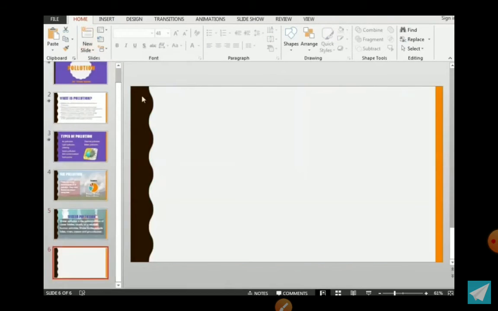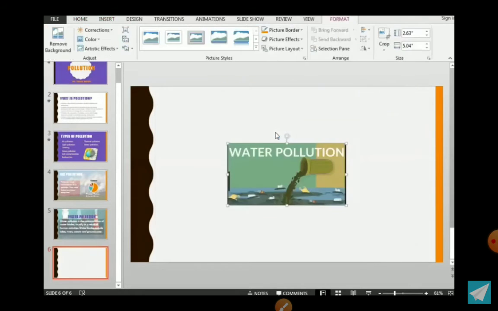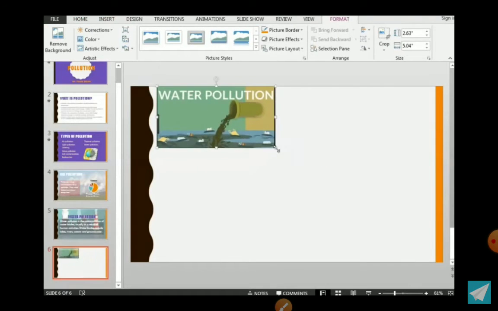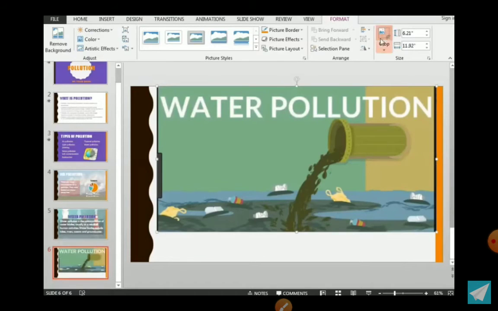Then the next slide, insert a picture in the background. We can adjust it in the background. We can crop it. There is a crop tool in the format tab.